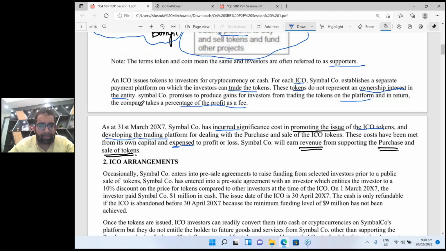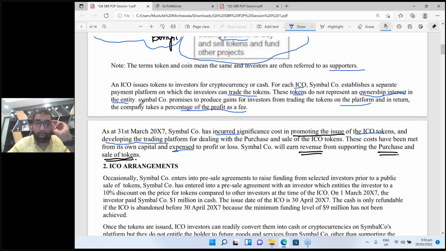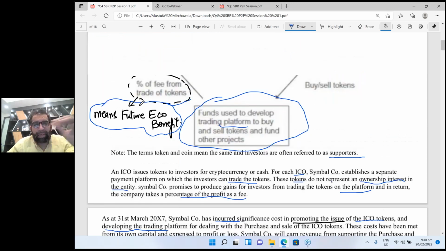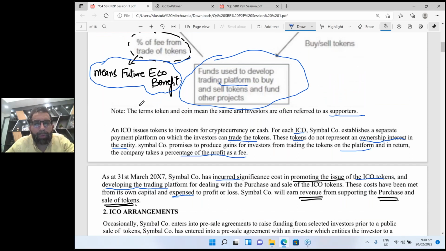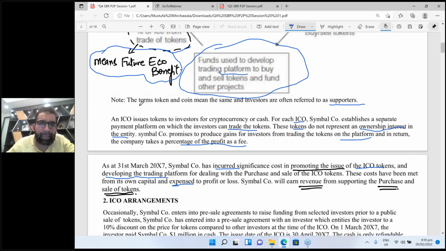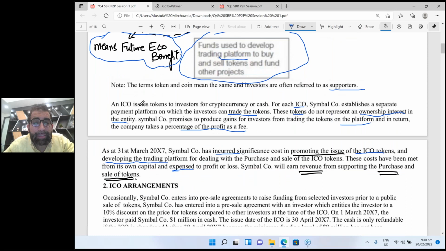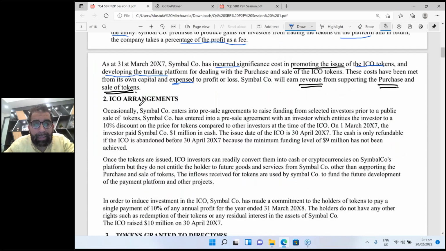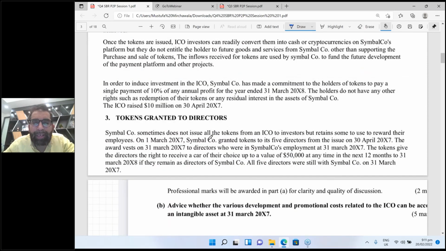Now, next part, let's do one thing. I have read half of the question. Now let me go to the first requirement. I can teach you the first requirement very well. It's a general requirement, and only those people who are good readers can do these requirements.